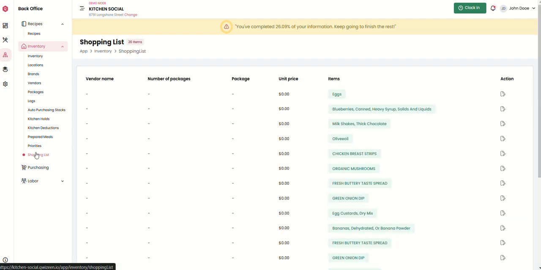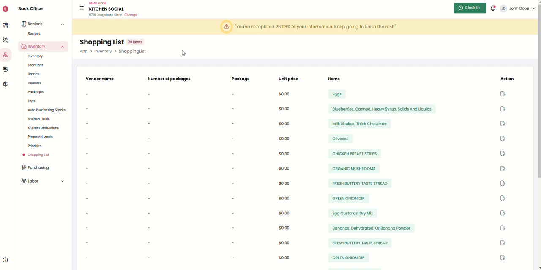Now we talk about the shopping list. You'll see the actions over here to be able to edit them. If you click on the edit button, you'll be able to edit any purchases within the shopping list. Second down, we have purchasing